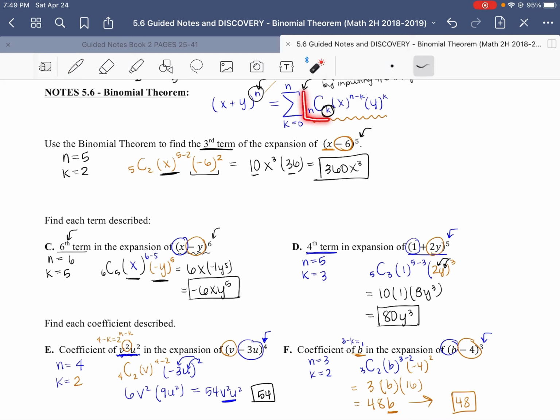Again, your goal with this is to practice using the binomial theorem. So the goal really is to find the n and the k value, and then everything else will kind of fall in place and you'll be able to simplify. And it'll help a lot if you'll kind of show some work so that I